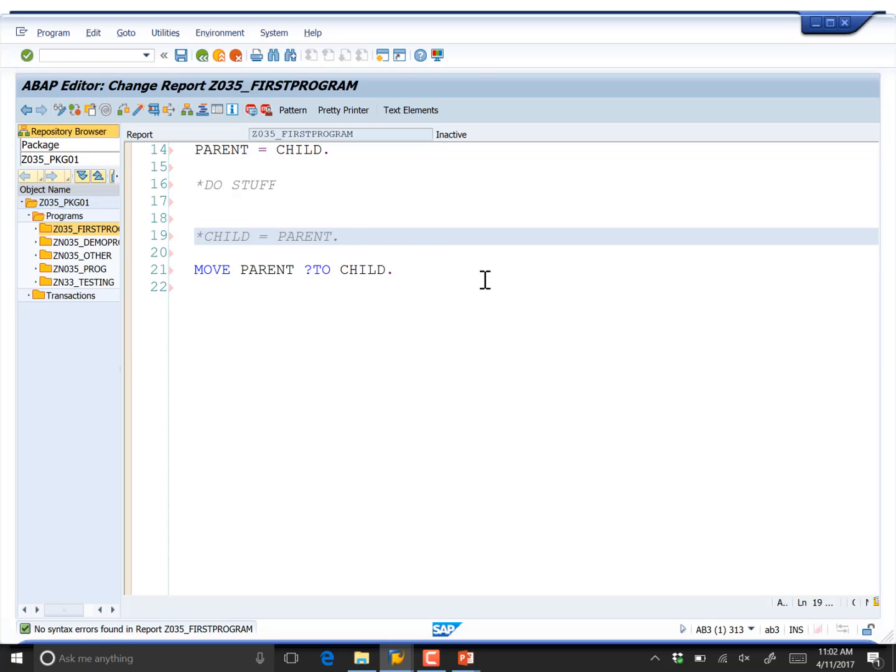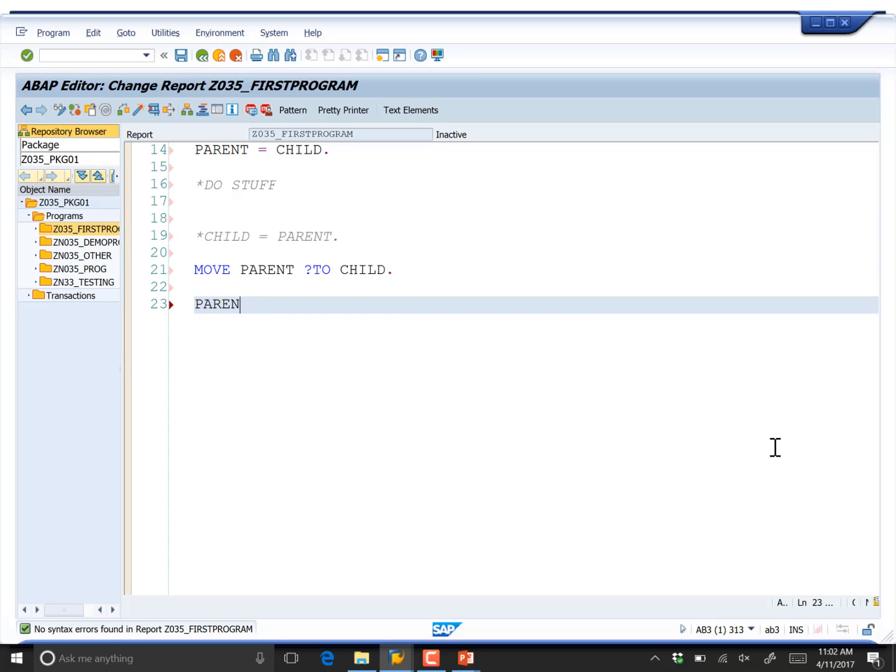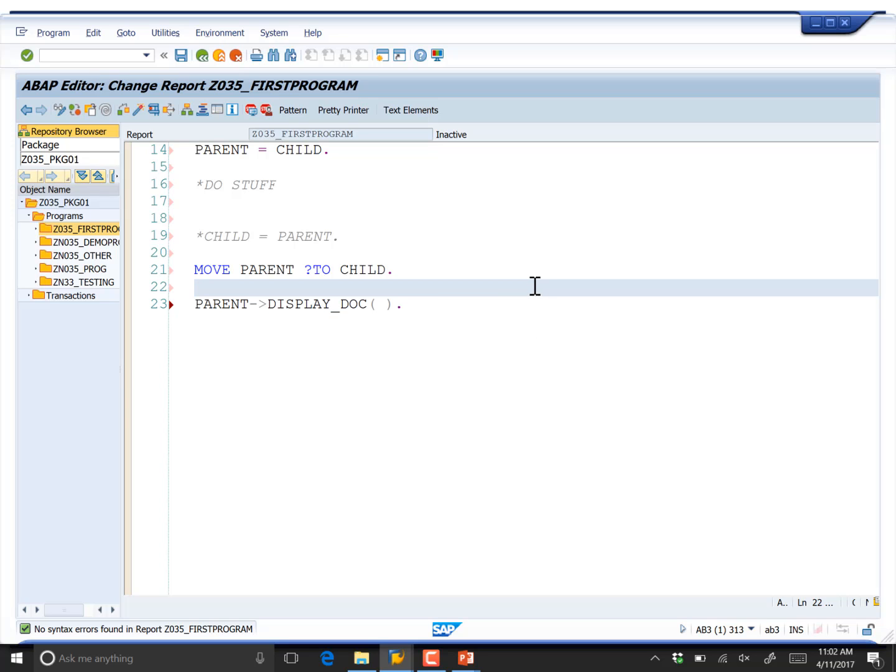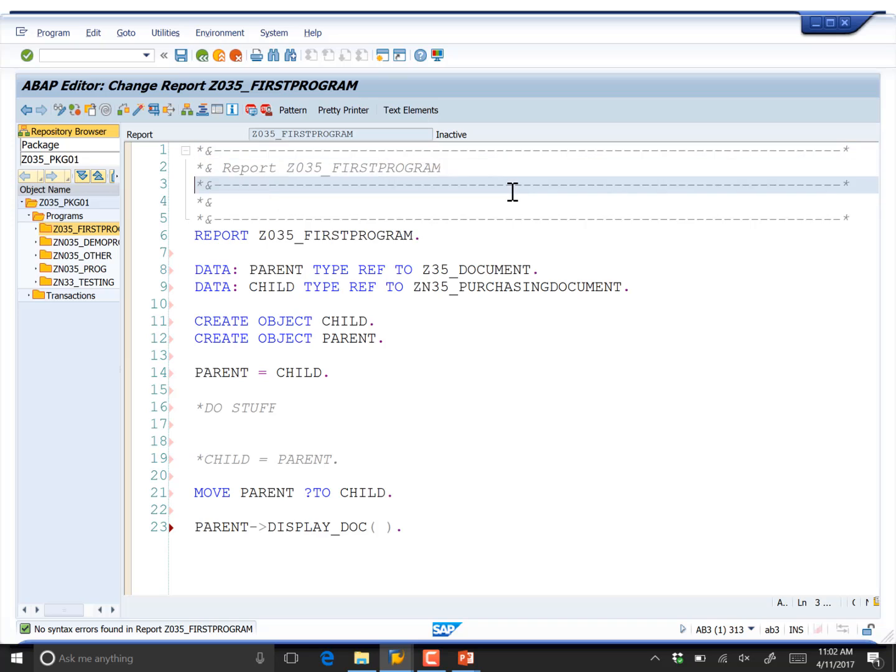And so in fact now, if I call parent, whoops, display doc, it's going to work fine. And admittedly, this gets a little bit confusing. We got to look at our whole sequence of code here to try and make sure we understand what's going on. And I seem to have lost my scroll bar. All right, so I created a child object,